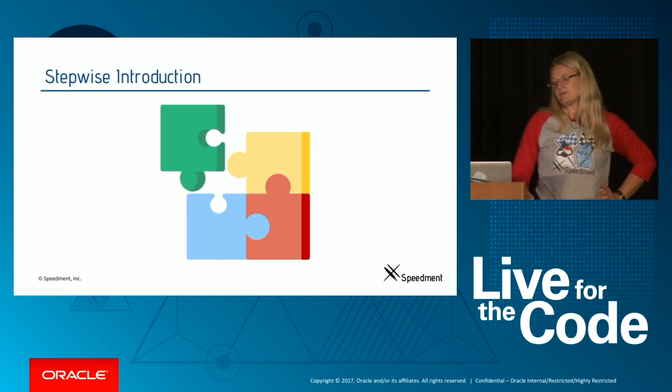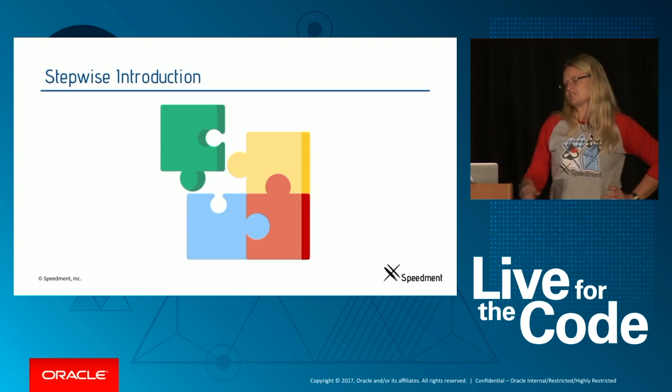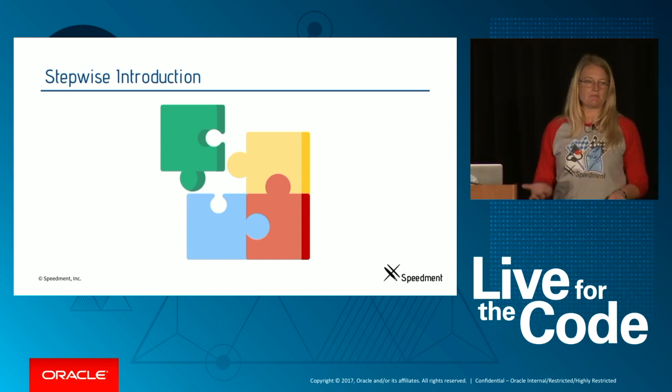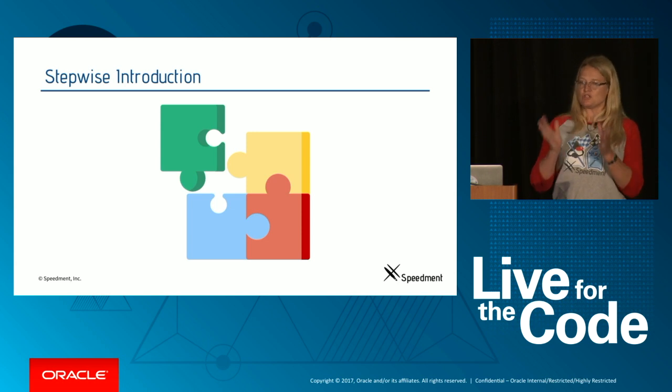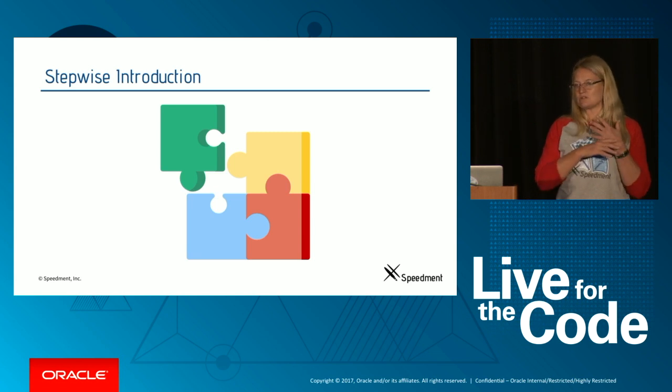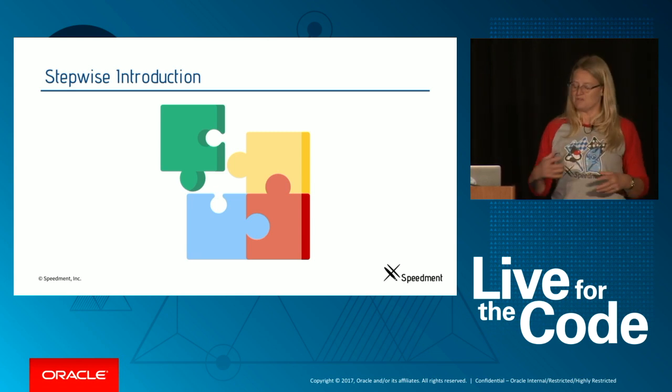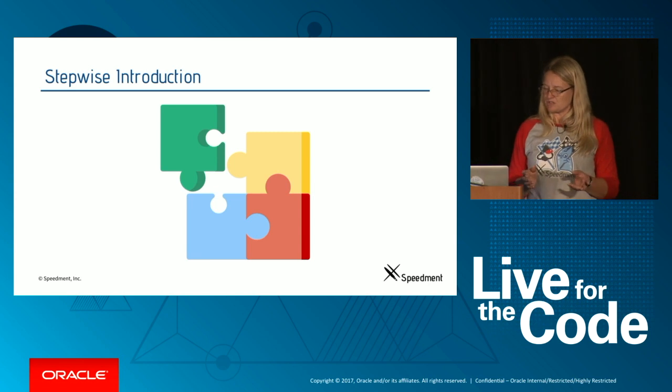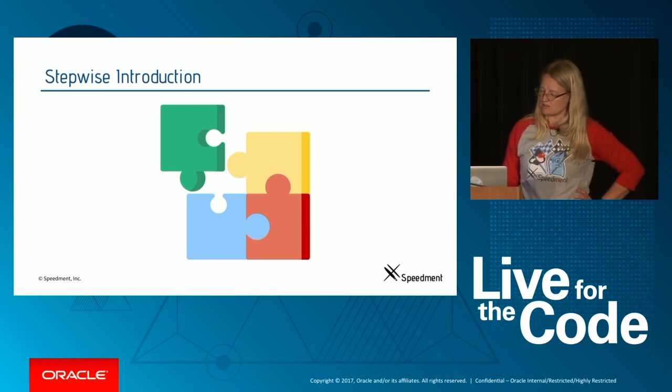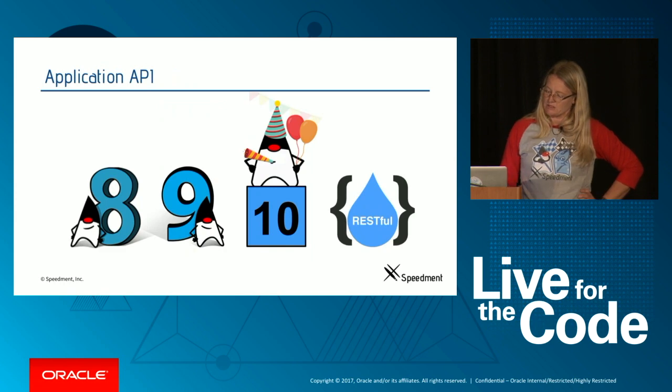And it's also important to know that it's a stepwise introduction. If you have a Java project and you have a certain part of it that is slow, you can rewrite just this part. So you don't need to start all over or do a gigantic project from start. You can take this little piece and just try it out. And it works from Java 8. And that's the good thing.